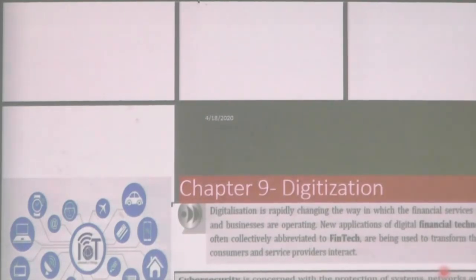Earlier, if you wanted to make a payment, you had to go to the bank, wait in the queue and so on. Now, say you want to buy a book today which is not available anywhere. You go to Amazon, order your book and pay through PayPal. All these examples I give, the various tools which facilitate financial transactions, online supermarkets and all of that, come under fintech.